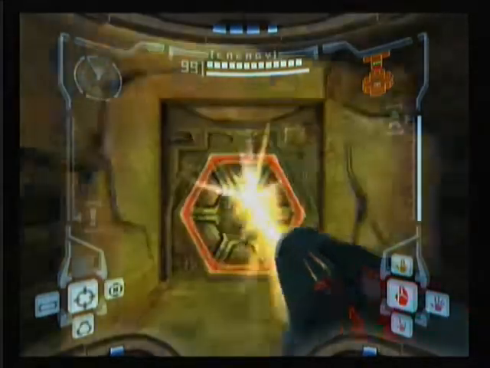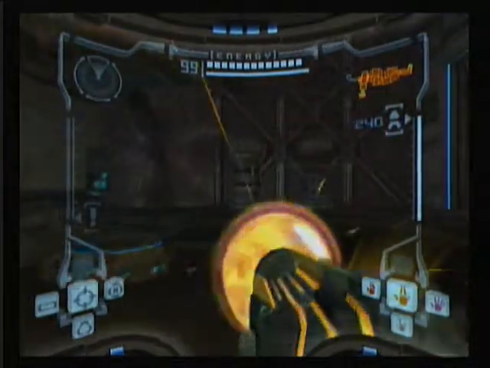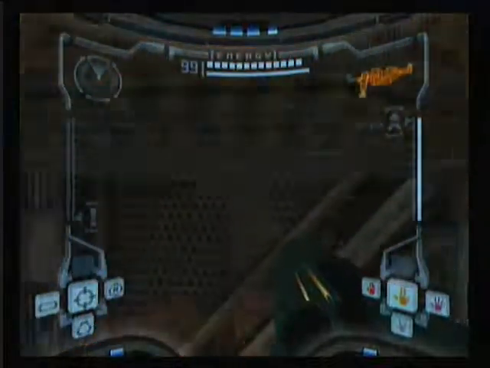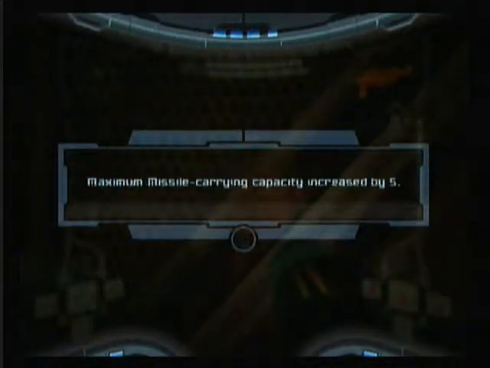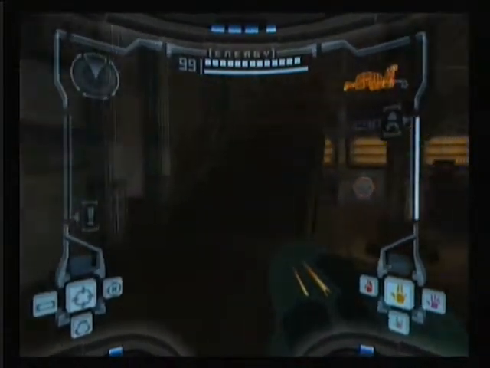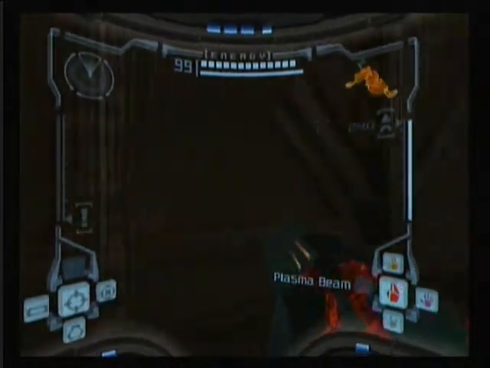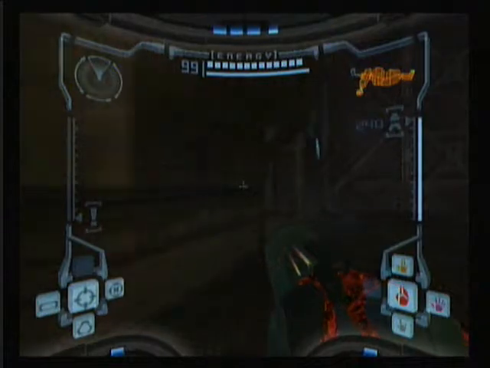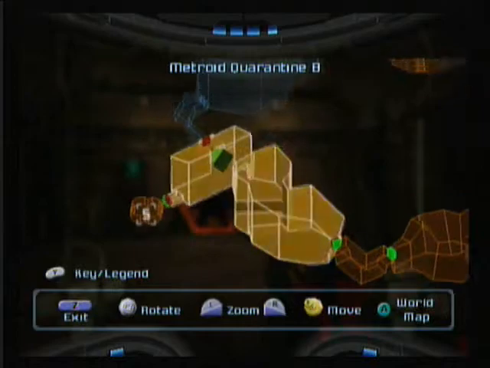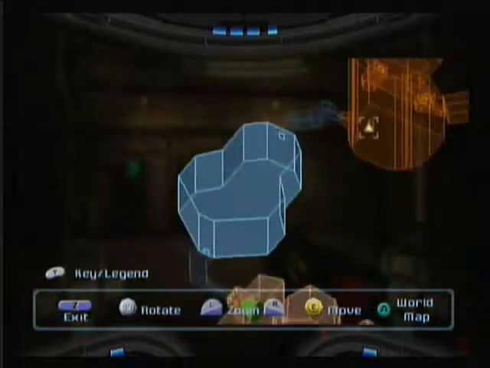Hey guys, since last time I went and got my missiles refilled at the missile station, and here is one of the two last missile expansions in the game. It would be the last if I had remembered where the other one is, which is back in the Phazon Drifts. So I'm going to go get that after finishing up the stuff here in the Phazon Mine, because we're nearly done. I have 3 rooms left, and this room is a giant boss room,